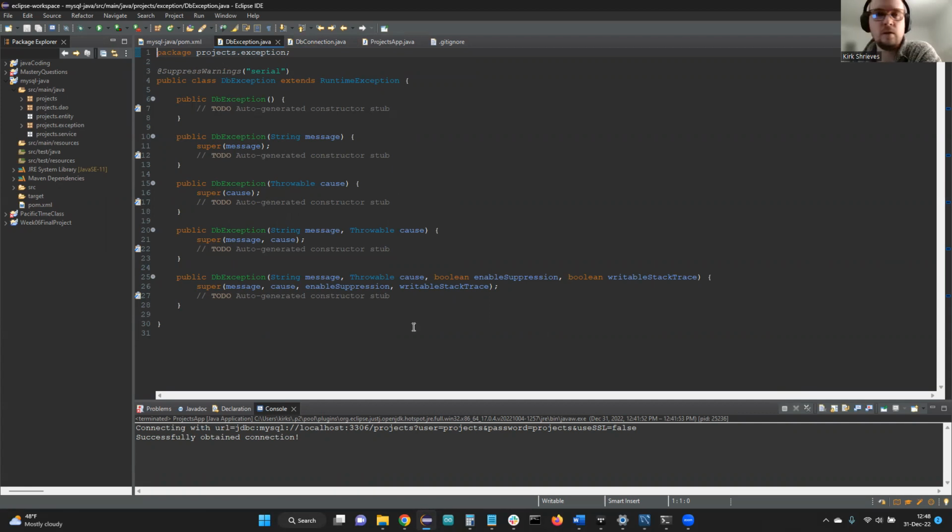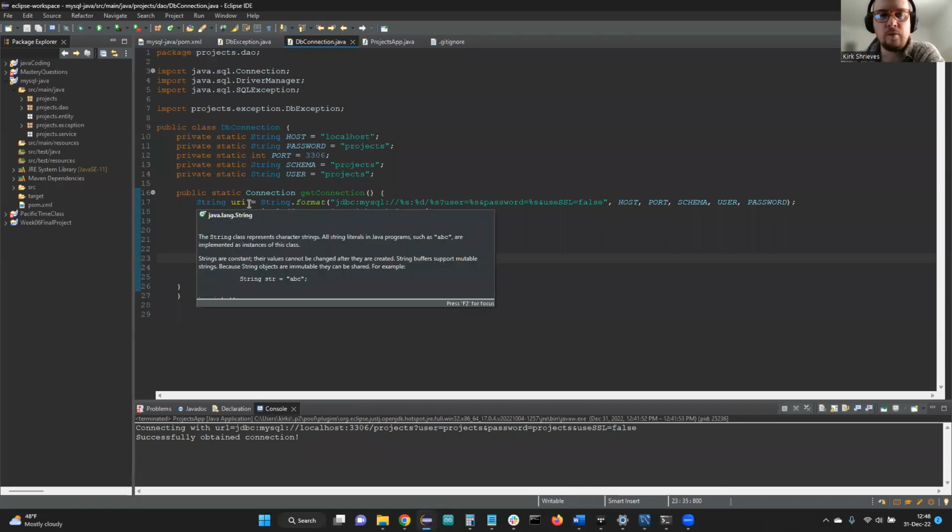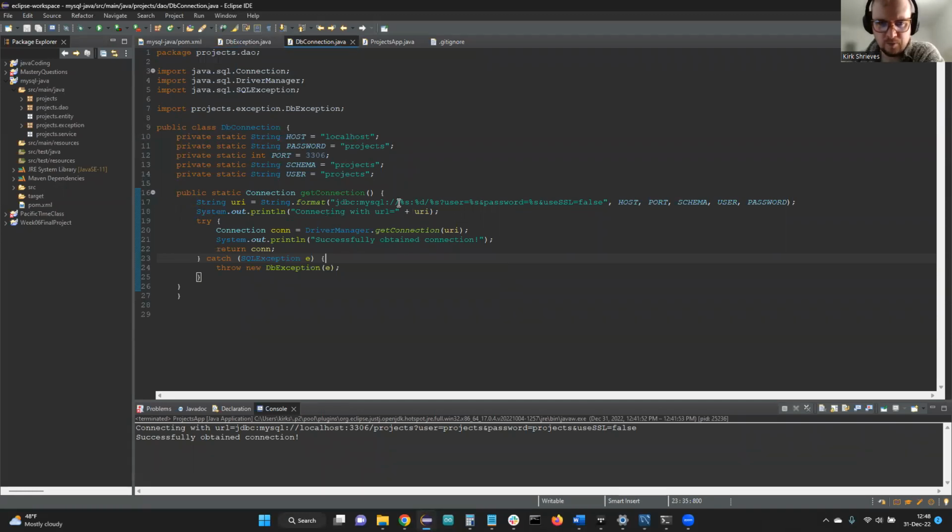And then showing the DB connection class here, set up all these, I think it's parameters, or I can't remember what it's called. But yeah, to set up these here for the passwords and the port, schema, user, and then creating this method based off the connection class. This variable here, these %s is just calling up here in this dot format method, and then it's just kind of taking the host and port and all that and putting it in here,